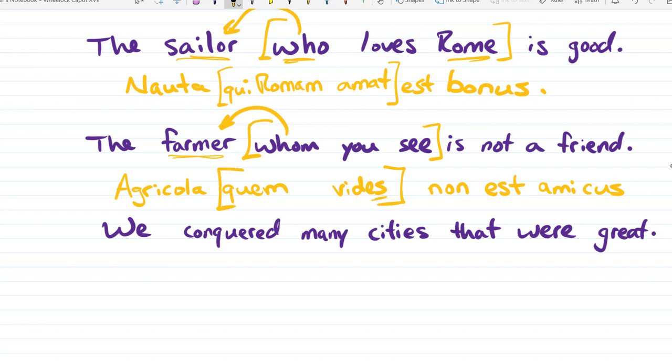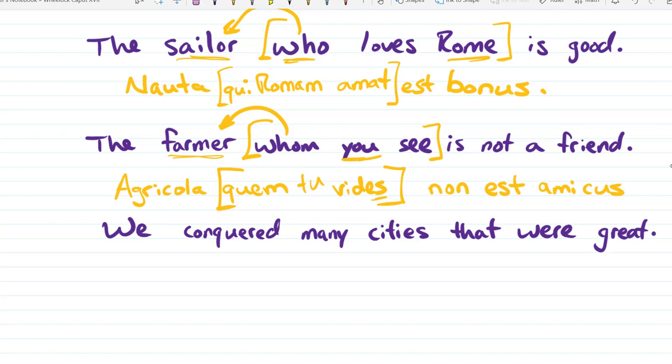non est amicus. Again, we have an S here, so that's agreeing with that you. You could put tu there if you want, you don't have to. But the relative pronoun, again, gets its gender and number, so masculine and singular, from its antecedent, from the word that comes before it, that it's actually going back to and referring back to. But it gets its case, farmer's masculine, or I'm sorry, farmer's nominative. It's masculine too, but farmer's nominative. This is accusative, right? So the relative pronoun gets its case based on how it's being used in that relative